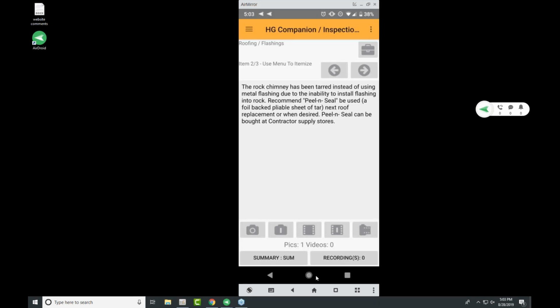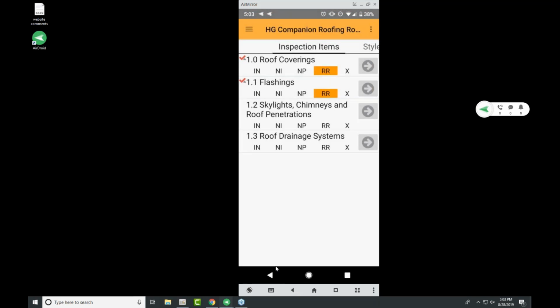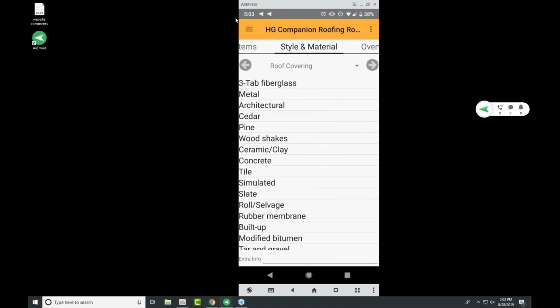So right now what we need to do is go back a page and go into styles and materials. So I'm swiping my screen from right to left, and here's styles and materials. Here's my roof coverings. I can say my roof coverings are 3-tab and architectural. And the next item I'm going to choose in my styles and materials, I'll just click this little drop down menu right here,